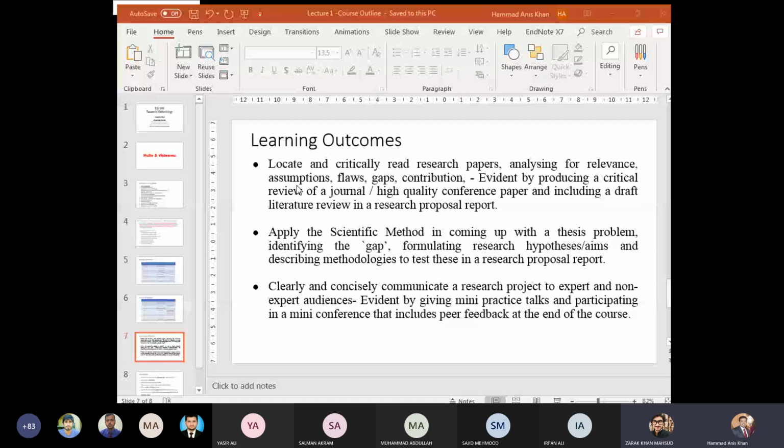Mhm. There are some people sitting in front of me, so let me tell them your question. Zarak has asked whether we will cover how we should do the referencing, what the different styles in referencing are, how we can do the referencing, and what a bibliography is. It is a very good question. The answer is yes, we will cover that, and for that I will teach you some tools as well, like software which can be very helpful to you while you are writing your research. Any other question?